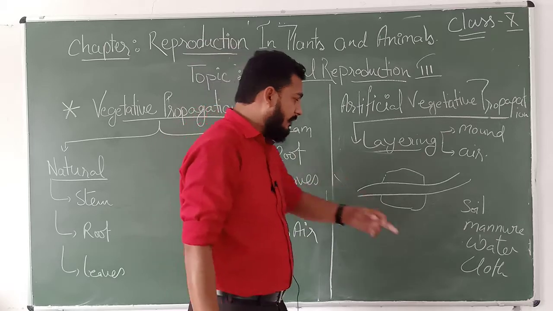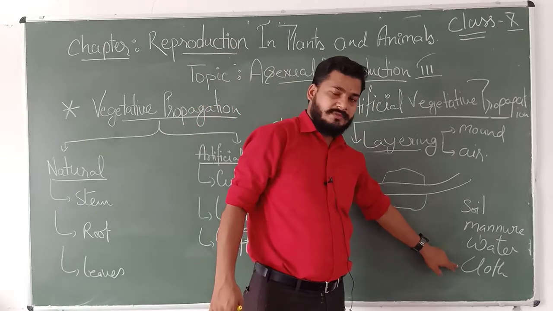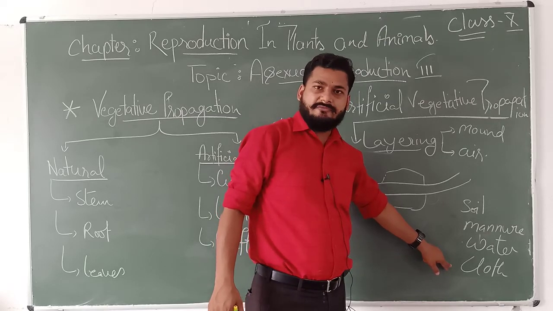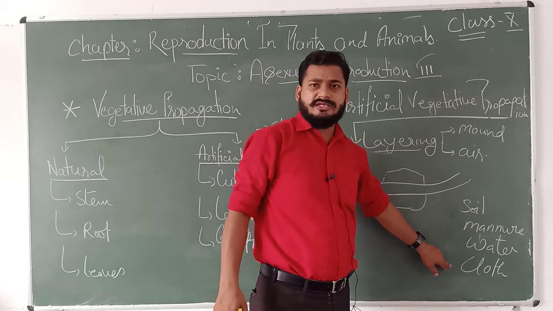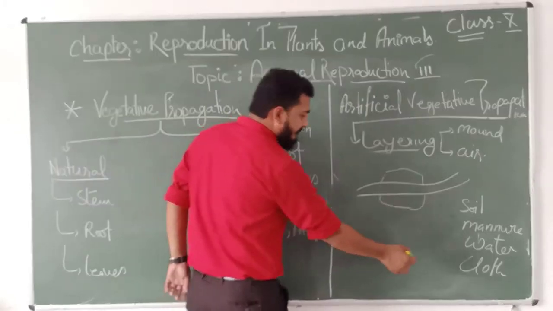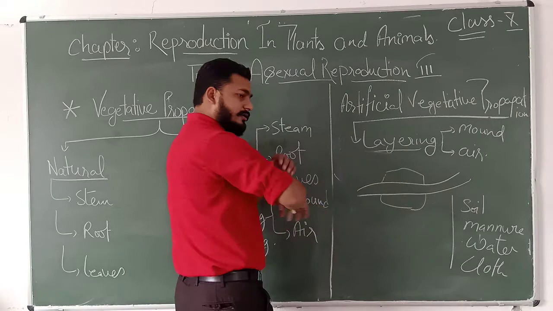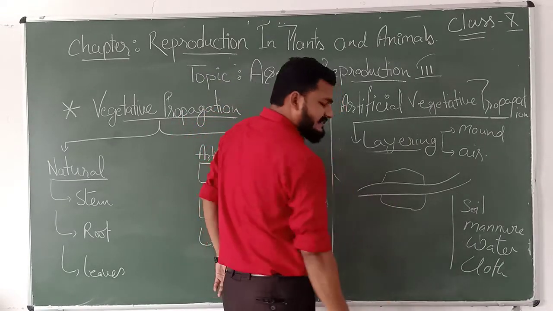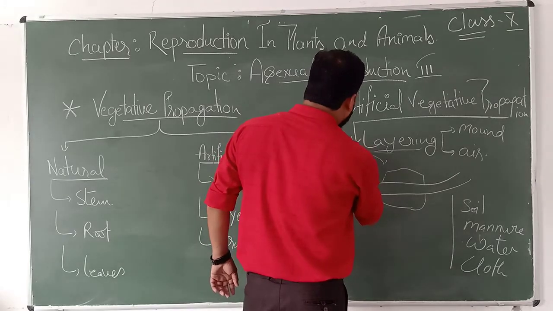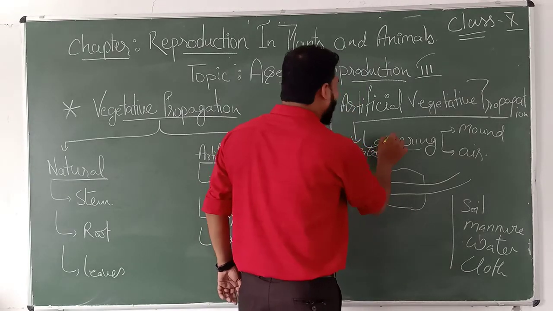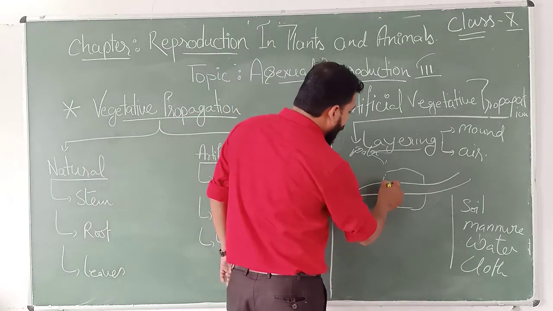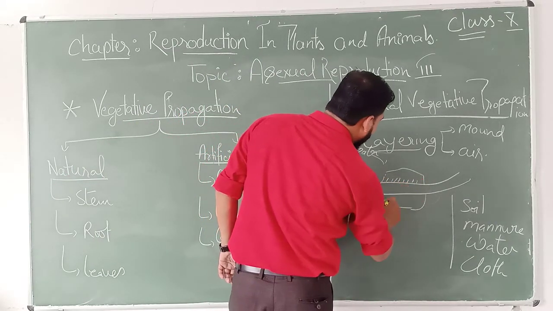Remember, we have to tie it with a cotton cloth because cloth will allow aeration. If we are using polythene for tying, it will not allow aeration and will hamper the process. And then after it has been tied, we'll give some time, we'll keep pouring a small amount of water as required, and then we see that this part will start